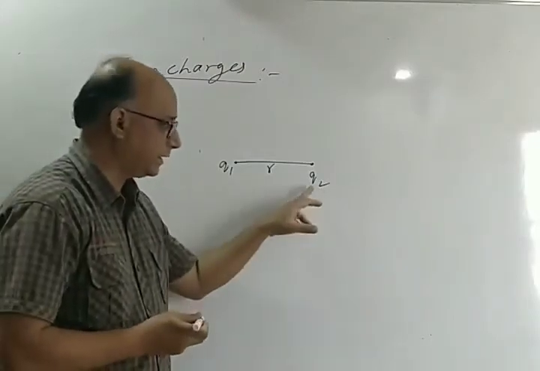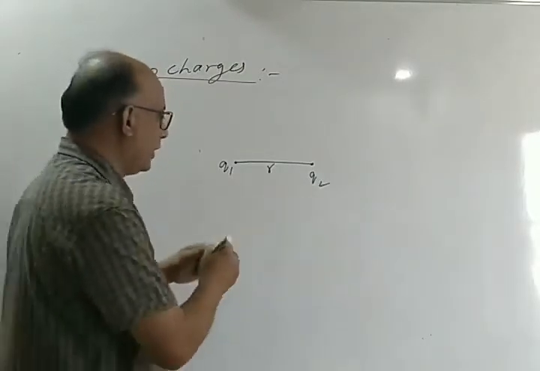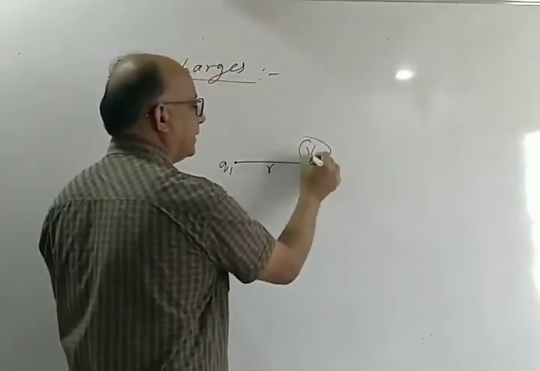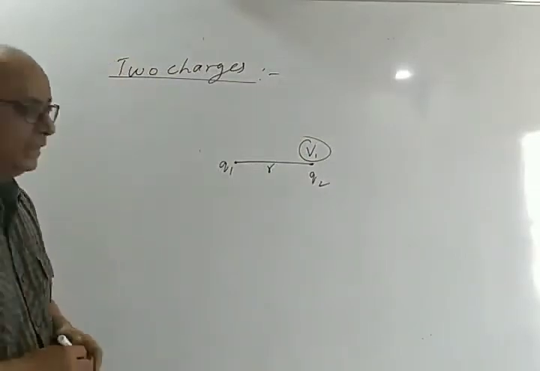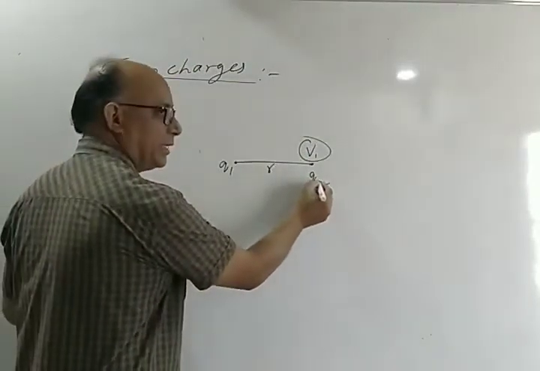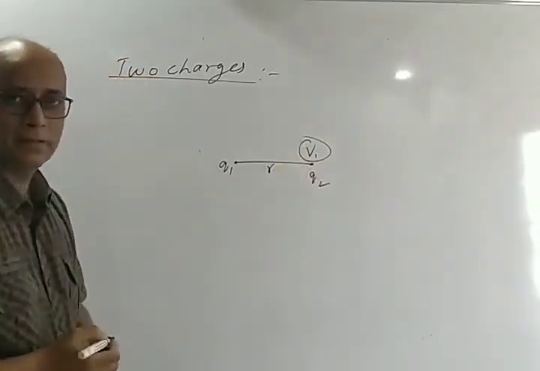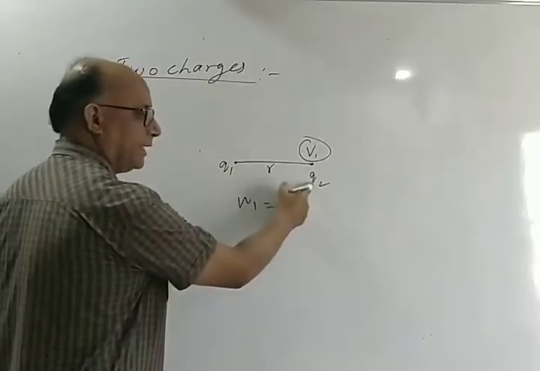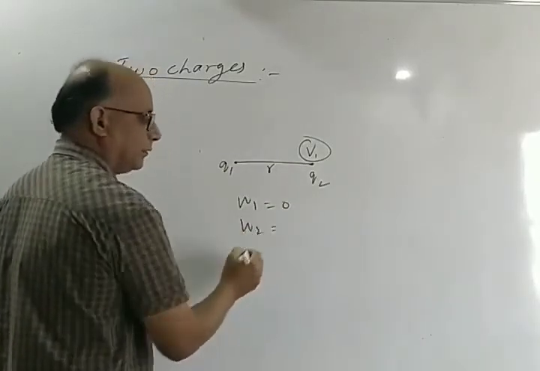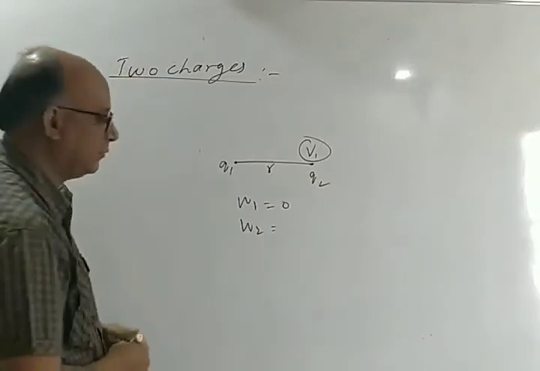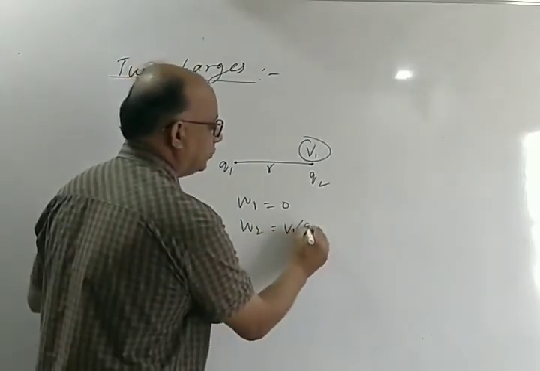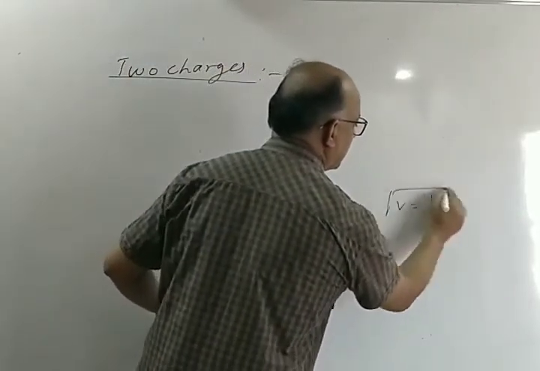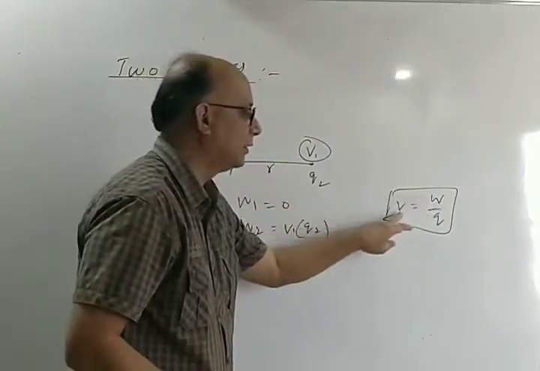If you place this other charge here, this charge Q1 was already existing, so there was an electric potential V1 existing at this point. And when you bring this charge Q2, some work is to be done. In the first case, while bringing the charge Q1, the work done was 0. But in the second case, when you bring the charge Q2, the work done will not be 0. Basically, work done is electric potential into charge. The formula for electric potential was work done per unit charge, that you remember. So work done is V into Q.